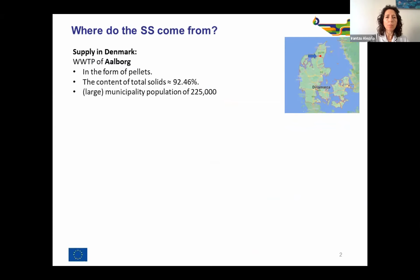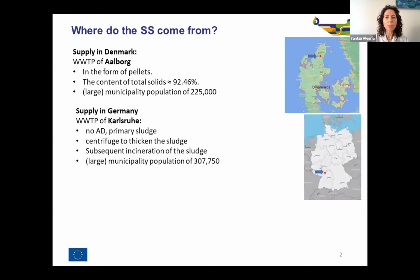And this sample is quite peculiar because it has been delivered in the form of pellets, so therefore the moisture content is quite low, below 8%. The second sample comes from Germany, from the region of Baden-Baden, from Karlsruhe, that covers a population of around